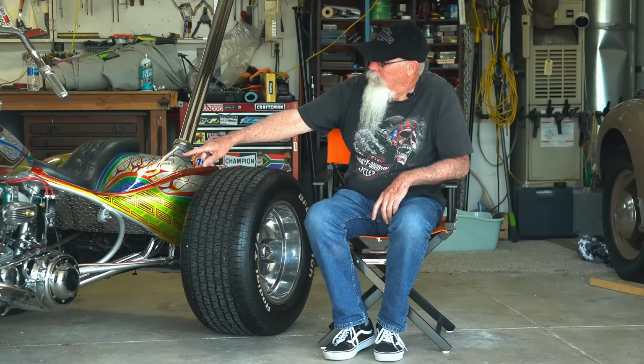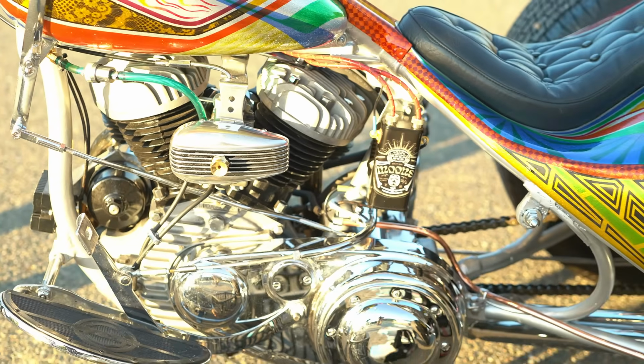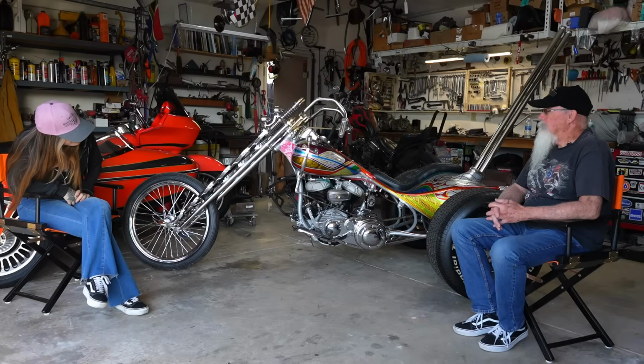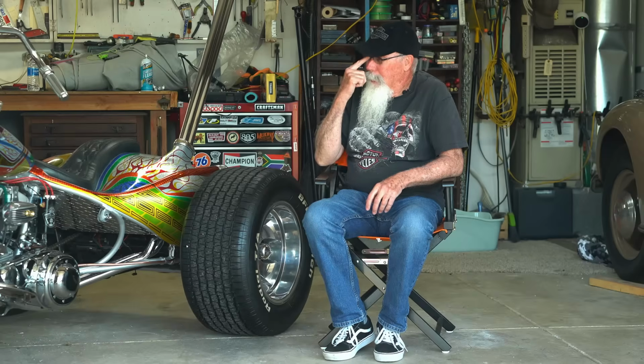And then the air filter cover, I found that at a swap meet. Had no idea what I was going to use it for. So I came up with the idea of the filter on the carb. So it was kind of a nice find. Don't know what it's from, but it looks cool. It does look cool. It kind of reminds me of a microphone, like an old school one. The headlights,